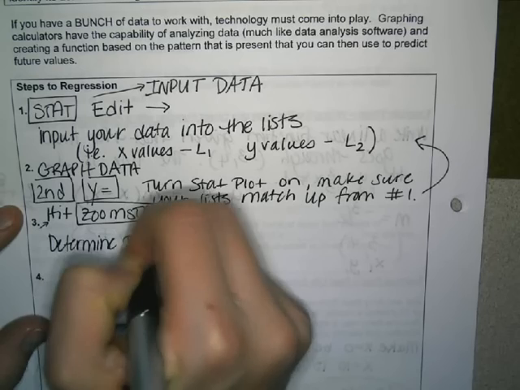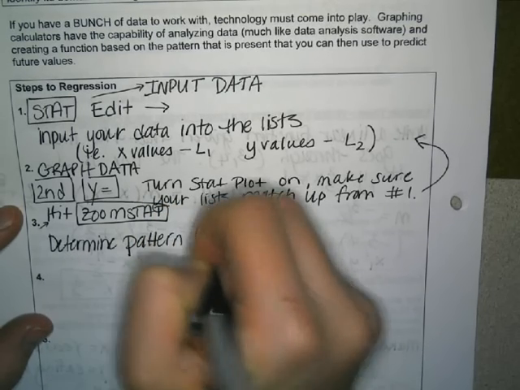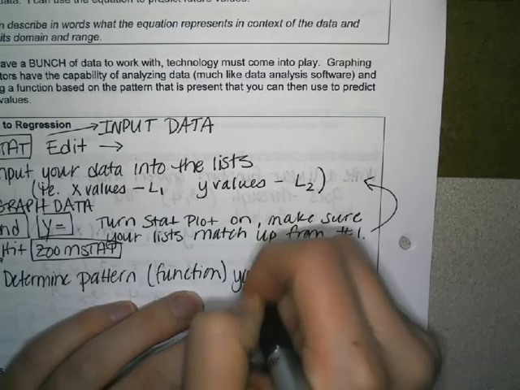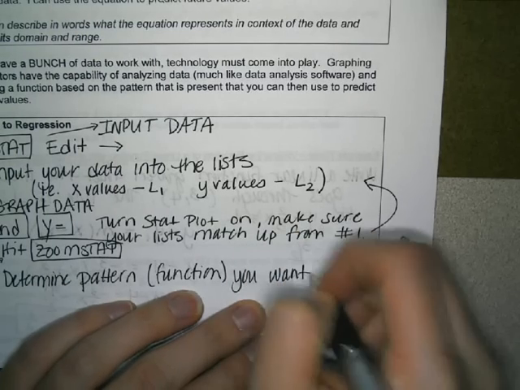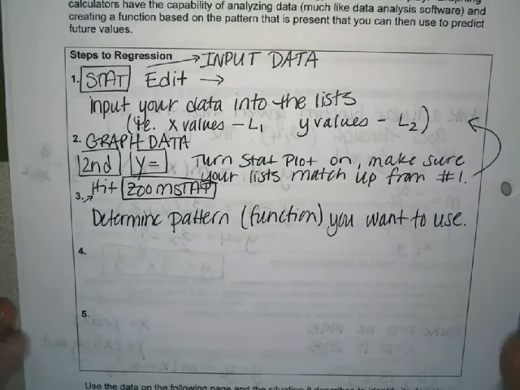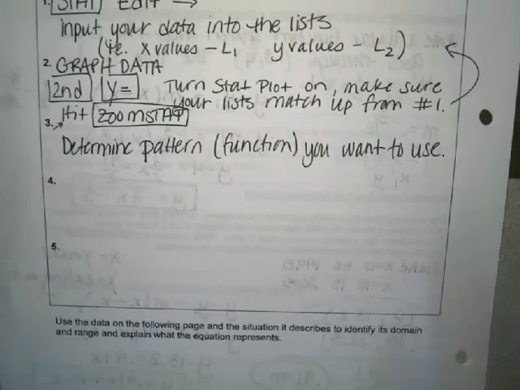Determine the pattern. Function you want to use. Okay. So if all your data is in a straight line, you'll want to use a linear regression. If it looks like a U, you'll want to use a quadratic regression. It just all happens like whatever your pattern is forming. Okay, for number 4,